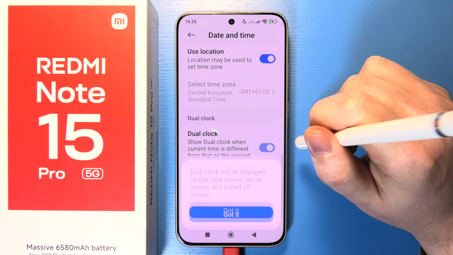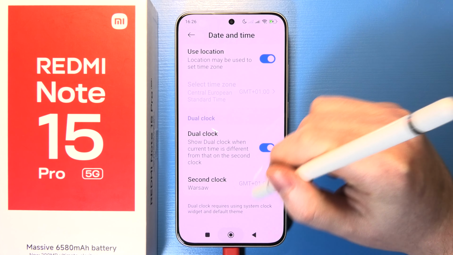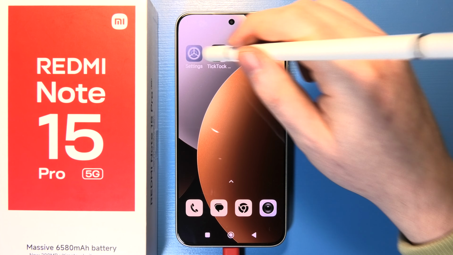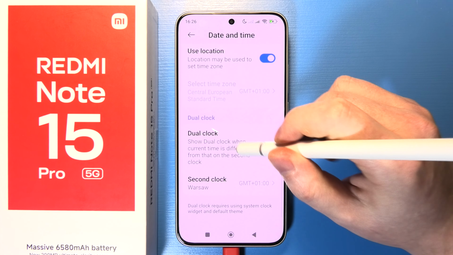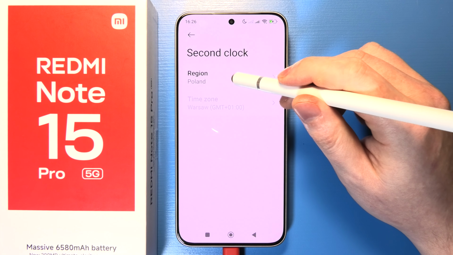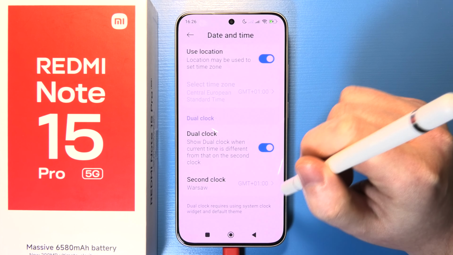There's also dual clock options, which if you have a clock on your home screen, then you will see two clocks from two different regions. So you can set a second clock to different time zone if you like. And that is